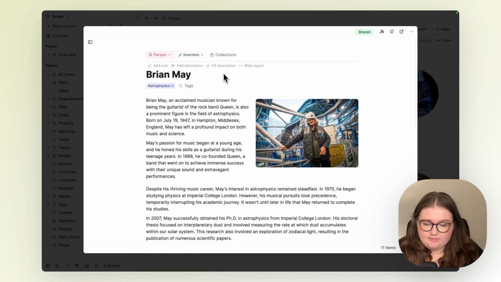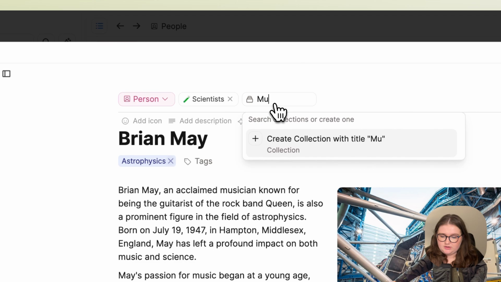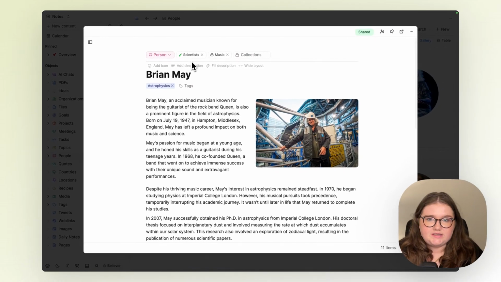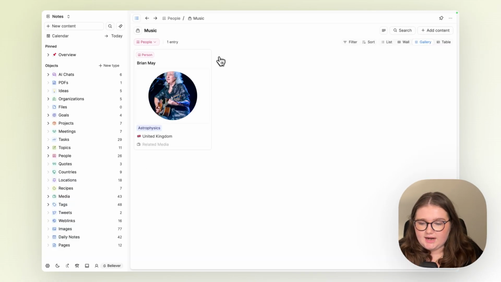So I am in my Brian May object here. I've added him to the scientist collection, but I want to add another collection called musician. So another way of creating one is clicking the collection button, typing in the name, and clicking create. Now I've added Brian May to both the scientist collection and the music collection,